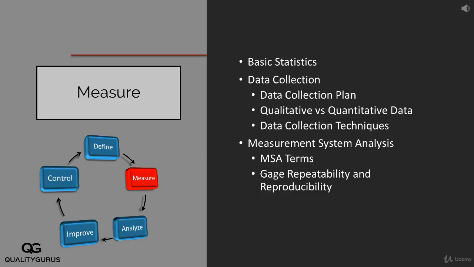So once you have defined the project, now you know what you're doing. The next thing would be to measure the current performance of the process. And I'm again going back to my simple example where the defect rate was 10% and we wanted to reduce that to 2%. So in the measurement phase, what you need to do is measure the current